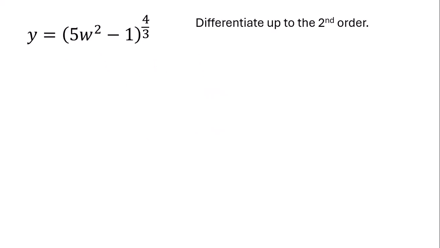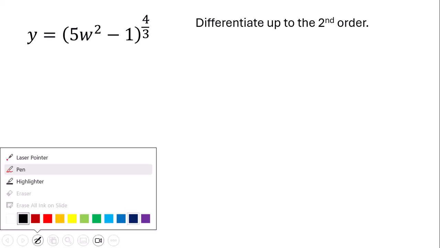Now, let's have an example. Say we have y equals 5w squared minus 1 raised to 4/3, and we are asked to differentiate up to the second order. When you assess this function, we can say that perhaps we can apply chain rule. Well, definitely we can. Here we have the general power rule, and this is just a constant. So what we could do here is set our inner function